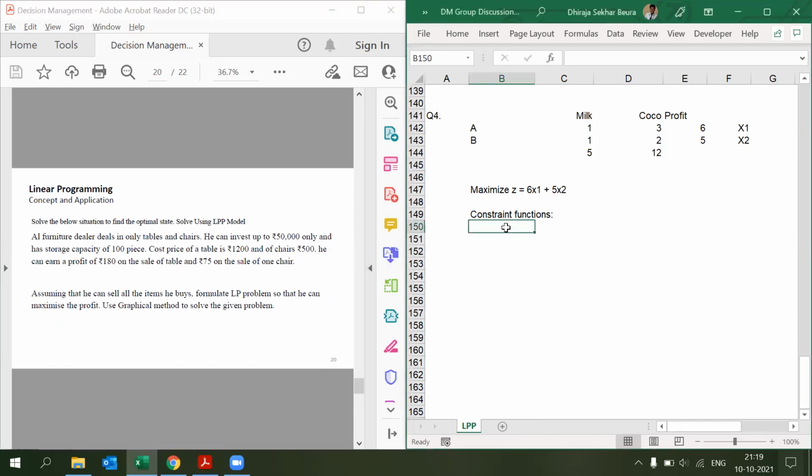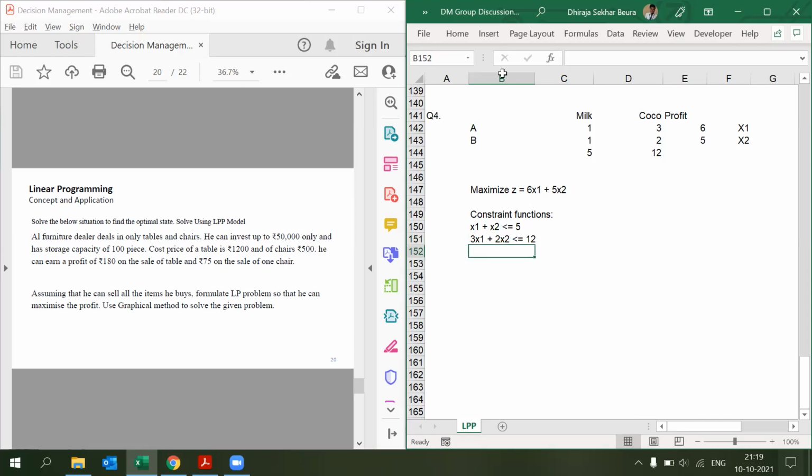Just before we close the class, I want to summarize the steps so that I can memorize them. Yeah, go ahead. So first, we need to identify the objective and constraint functions. Then we have to write down the equations: what is my objective equation and what is my constraint equation. Then we are going to find the nodes. To find the nodes, we just remove the less than or equal to symbol and convert it to equal to. Correct. After that, once we get the nodes, we are going to plot the graph.